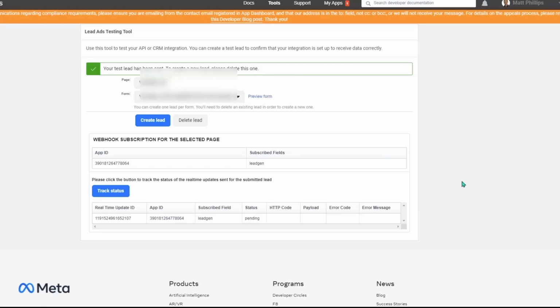So once you've created a lead, then click track status. And what you want to see down the bottom is a status of pending. If you see something in the error code, that means that you've got an access issue with your lead access, right? So to complete this verification step, we can actually go back into the sales pipeline